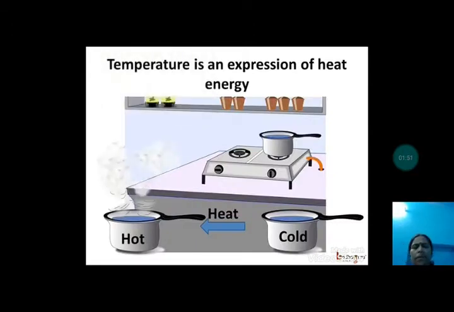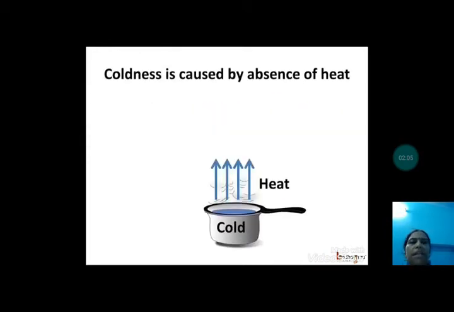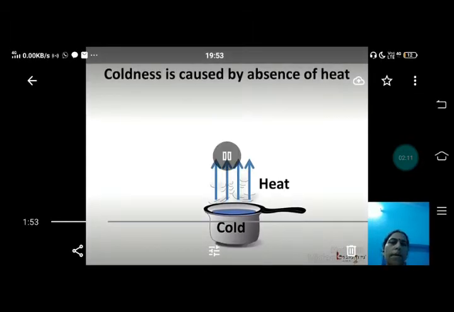Now if we put a pot of water on a stove and heat it, we notice that the temperature of the pot rises. And why does it rise? It is because heat is being supplied to it, and heat is a form of energy. Now how does it become colder? Afterwards, when it has liberated heat, it is going to become cold.